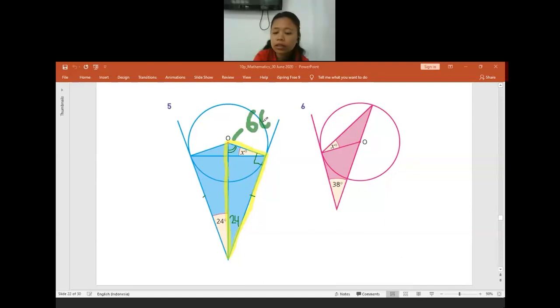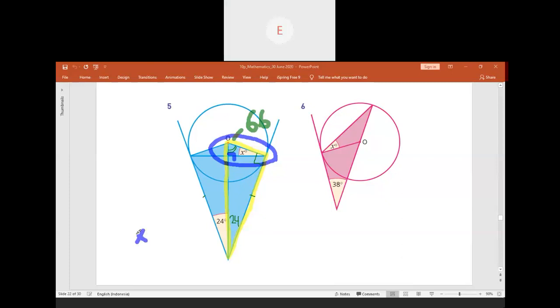When you know it is 66, and then there is a triangle. Can you see the small triangle? If it is a triangle, in total it will make how many degrees? Just focus on this small triangle. It will make a right angle triangle in this part. So how many degrees is angle X? 180. No, a triangle total is 180. The one that is 24, how many? Yes, it will be 24 for X. Thank you. Is there anyone confused? No. Really, for sure? Yes.